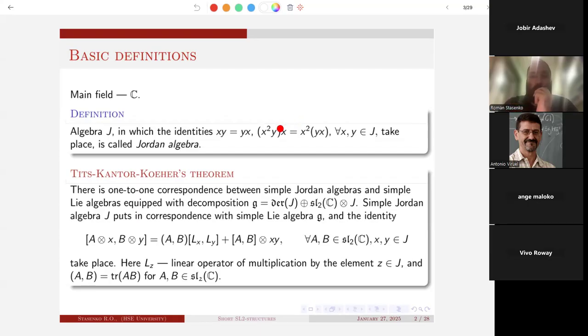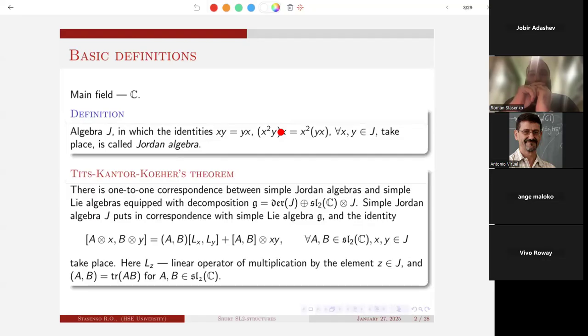As you can see, it's very similar to associativity, but it's not the same. From this identity you can derive some special properties of Jordan algebras which you cannot see in associative algebras. In the middle of the 20th century, a remarkable theorem of three authors was proved, which